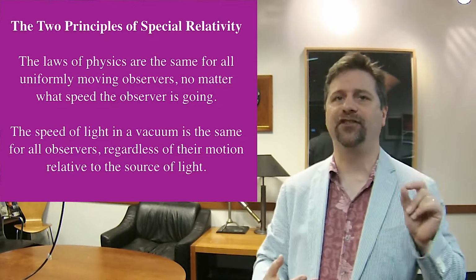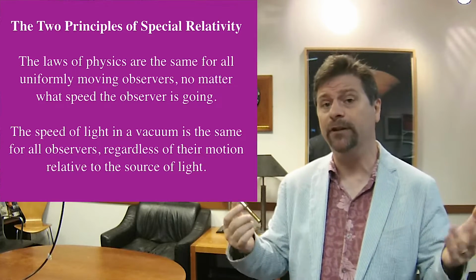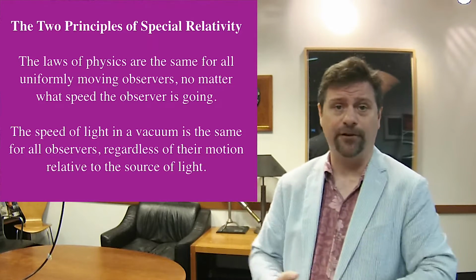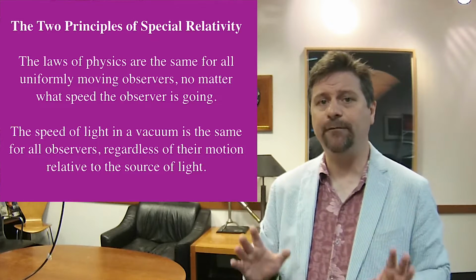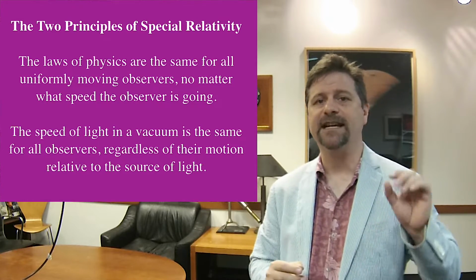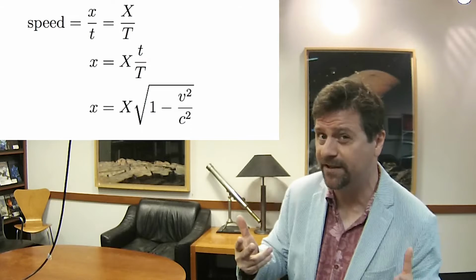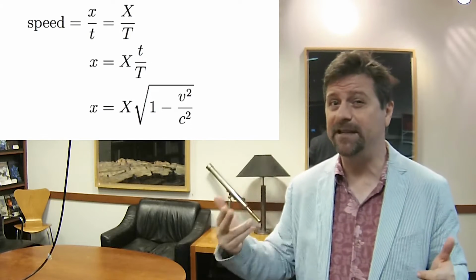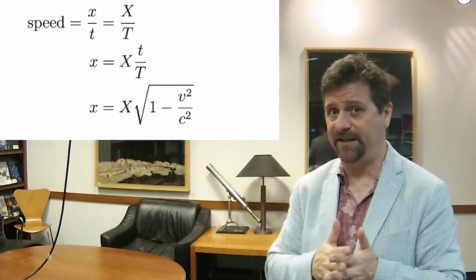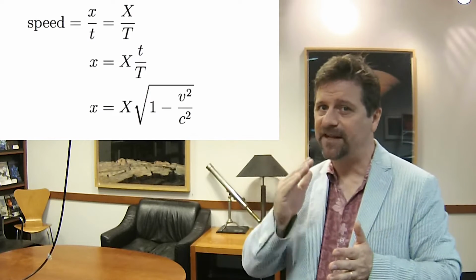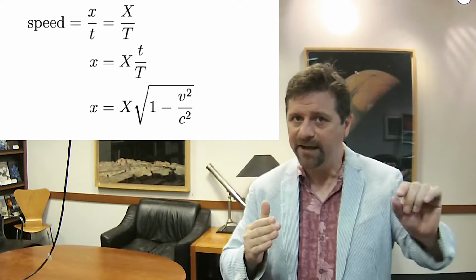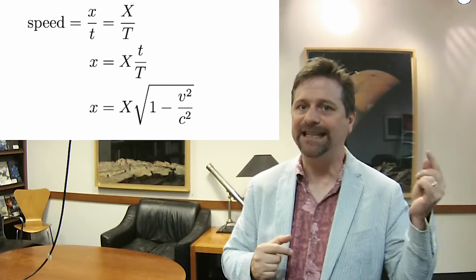That's the first postulate of special relativity, that inertial frames are equal, and that I'm an inertial frame, you're an inertial frame. So the speed with which they're going relative to each other is just a length divided by a time, and a length divided by a time. And everybody measures that. We already know the times are different, so therefore the lengths have to be different in order for the speed to be the same. That is because of the first axiom of special relativity. We're keeping Galilean relativity, that you can't tell that you're moving. You're in an inertial reference frame.